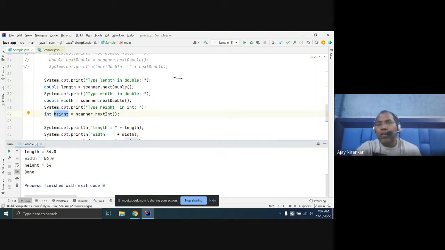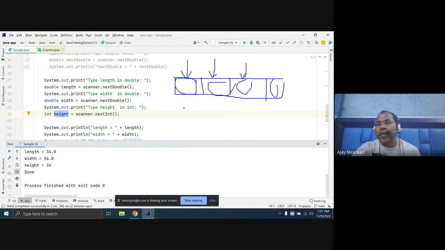This is working on the concept of tokens. Whatever value you pass here, they are converting into token 1, token 2, token 3, token 4, right? And how does the compiler know that what you're typing is done?